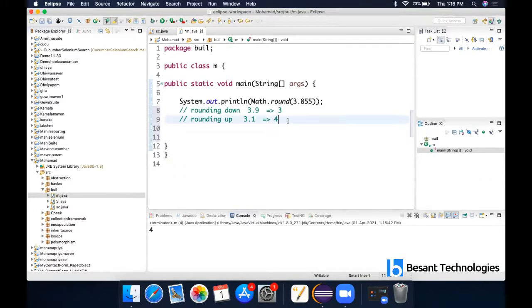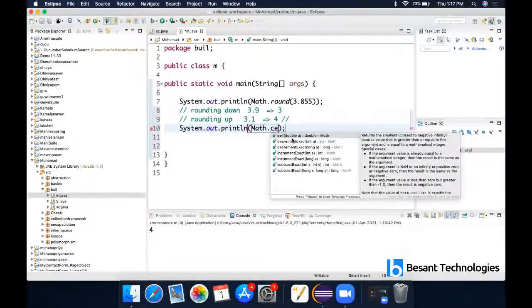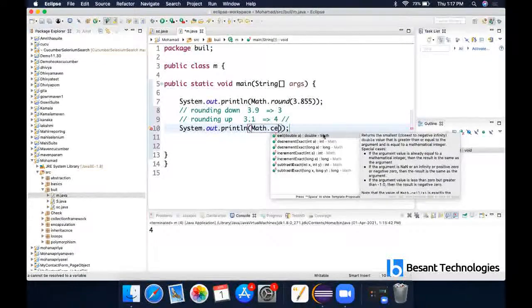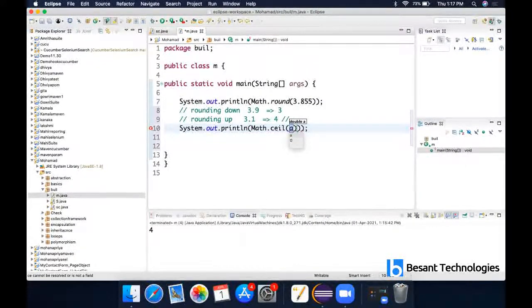First is rounding up the value. That is the ceil function we are going to use. So System.out.println Math.ceil, I'm giving 9.1.